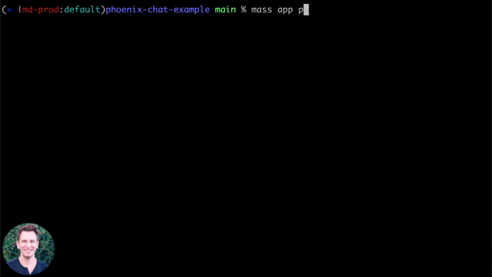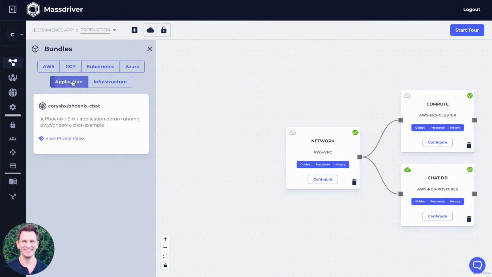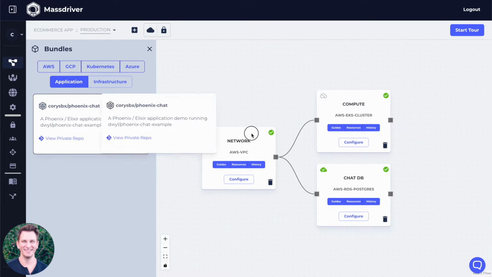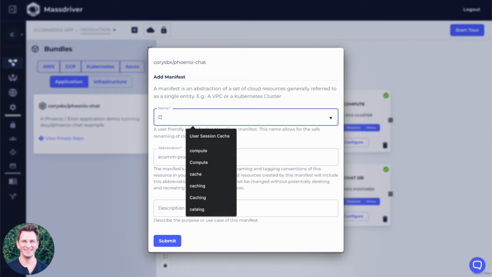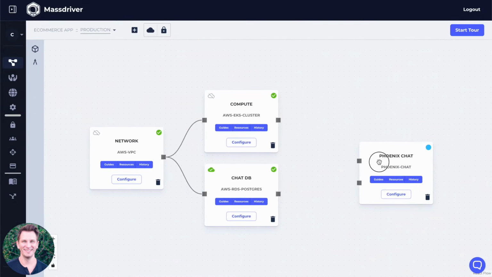Let's go ahead and publish our application bundle. That was pretty easy. And now our application will show up in the sidebar. Similarly, if you built your own infrastructure components, you could publish them in the same way. We'll drop this onto our canvas, call it Phoenix Chat, and we'll go ahead and connect it to our Kubernetes cluster,